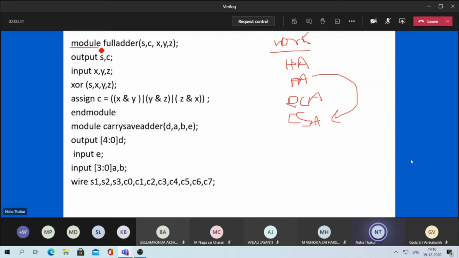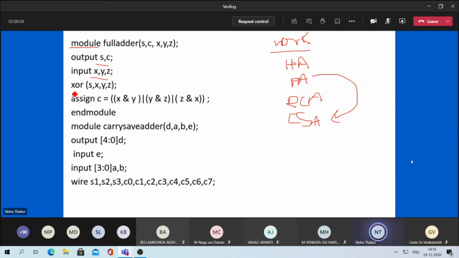Excuse me. Then the circuit is a full adder. So the full adder will have 2 outputs, sum and carry, and X, Y, Z are the 3 inputs. Now because only you know which one is the output and which one is the input, you need to tell it to the interpreter as well. So you have defined the outputs and inputs: outputs are sum and carry, inputs are x, y, z.